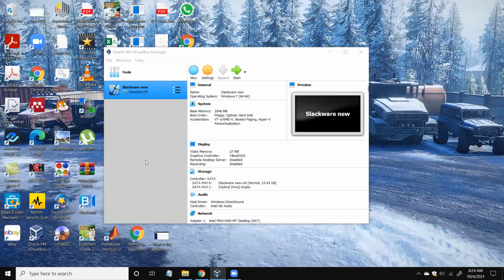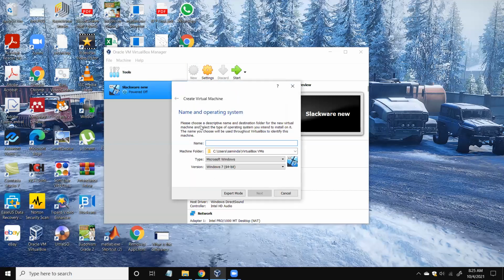Right. So Oracle VirtualBox is actually the virtualization software provided by Oracle, and it is freely available for you. So you can create a new virtual machine, right?